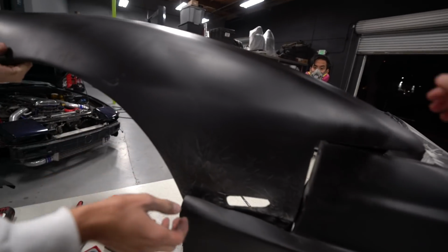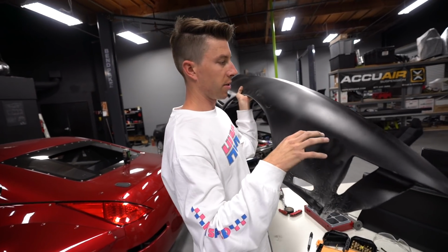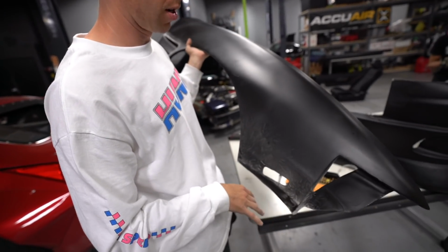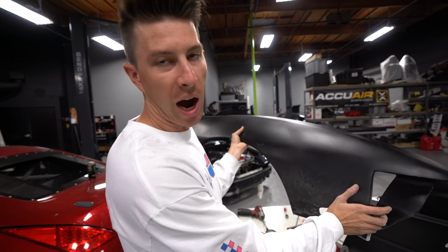Better? Yeah. So because, like I mentioned earlier before, these are completely different style kits, we, as a group, decided that we wouldn't be able to mesh them very well. So what we did is we took off some material off the bottom that wasn't tucking underneath this bumper, and we're just gonna pretty much hide the lines of the